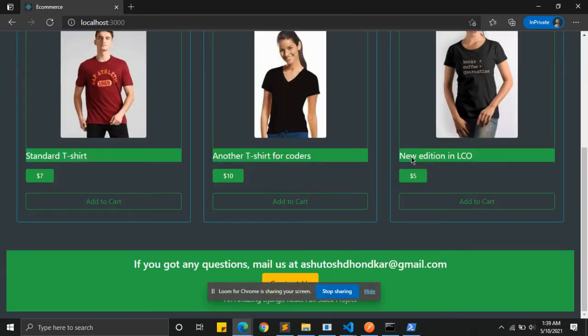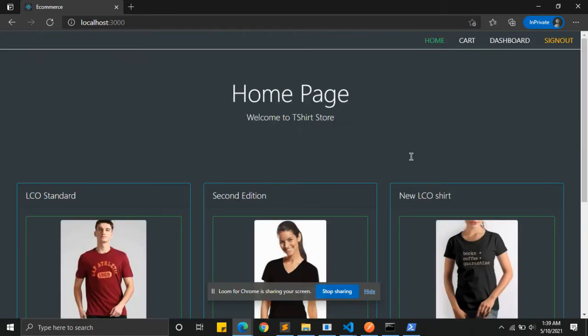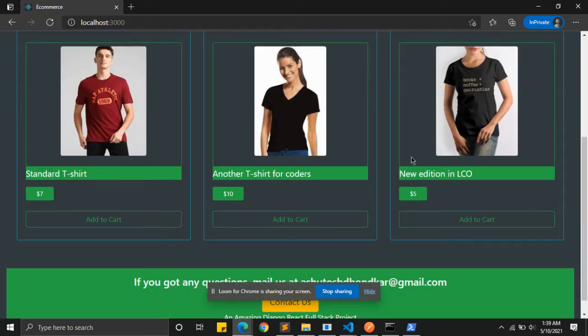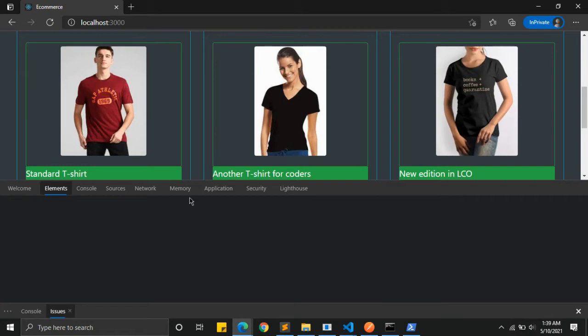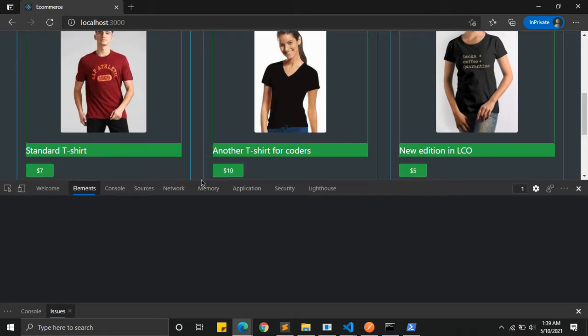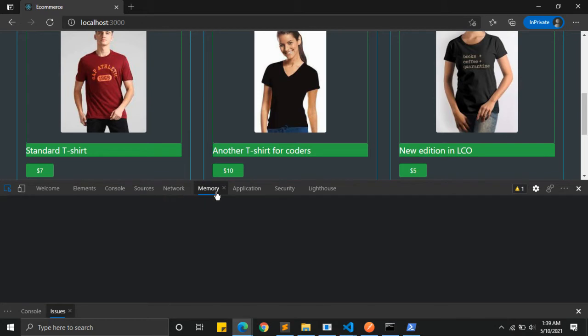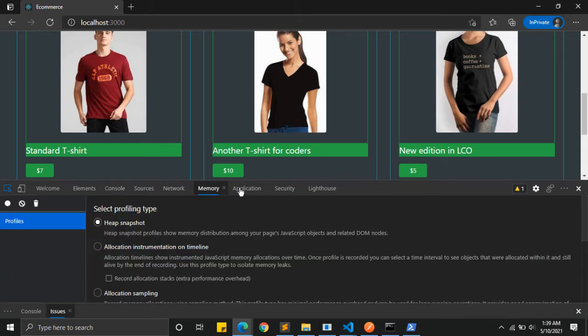So this is the project that we have created as a part of the course. Now I have gone a step ahead and added a few complexities to the project. The first thing to notice, I have made use of JWT token authentication for authenticating the user. So as soon as the user signs in, I'm storing the refresh token as well as the access token for identifying the user at the backend.